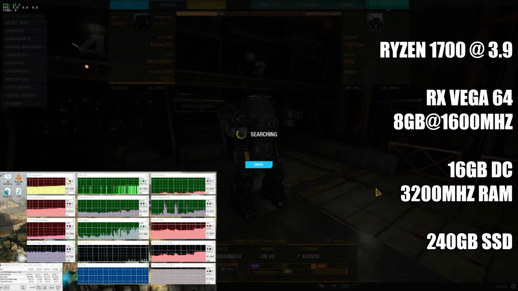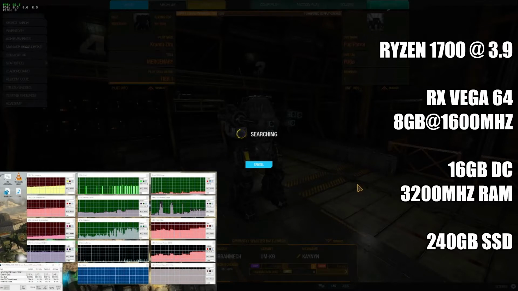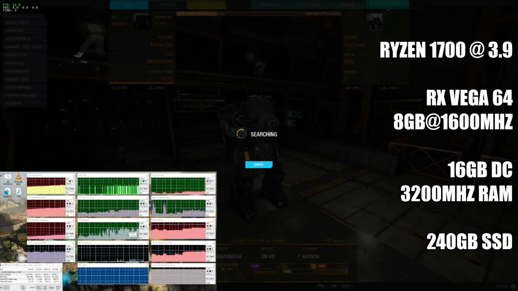I've since upgraded my system to a Ryzen 1700 and a Vega 64, and it didn't improve the performance at all. So I've searched the forums, other people have had this problem, nobody has a solution, people just say, oh, just turn the settings down, just turn off particles, just turn off shading, just turn off shadows. None of those really solve the issue or make it any better, and they make the game look noticeably worse. So